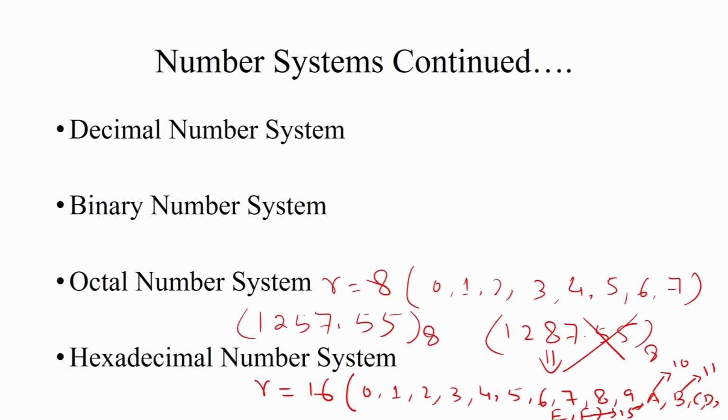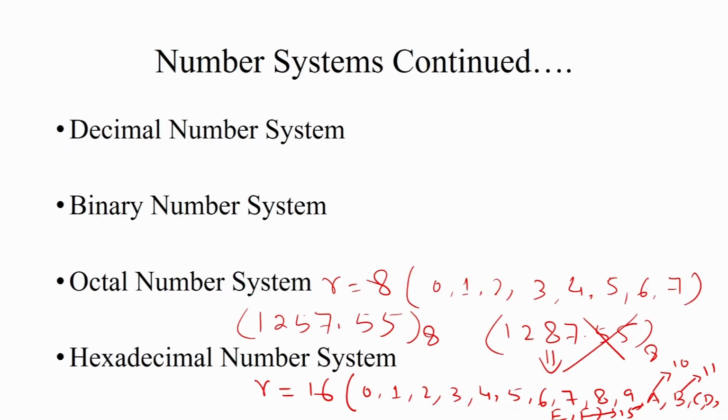So for any number system where R is equal to 16, we can say that it is a hexadecimal number system, and a total of 16 digits are used to represent any number, the digits being 0 to 9 and A to F. A is simply represented by 10, B is 11, C is 12, D is 13, E is 14, F is 15. This means 0 to 15 are represented in the hexadecimal number system, but 10 to 15 are represented by the symbolic representation A to F.